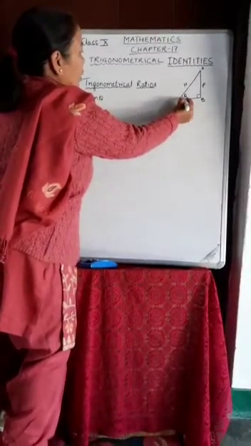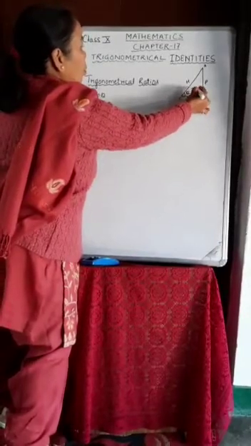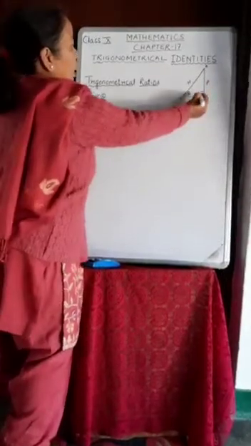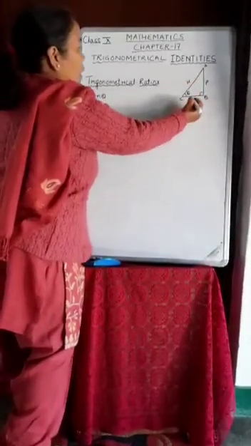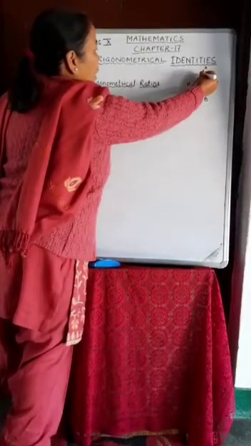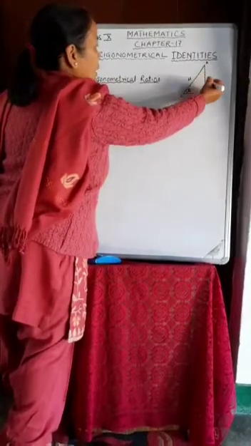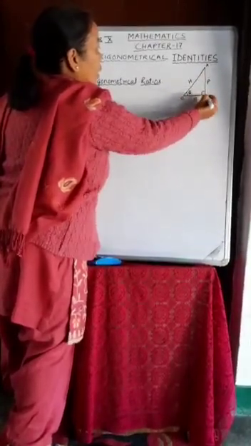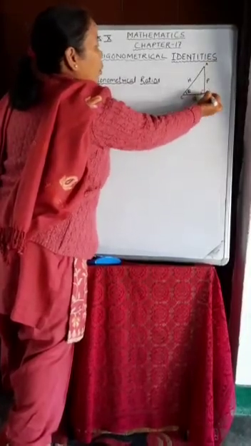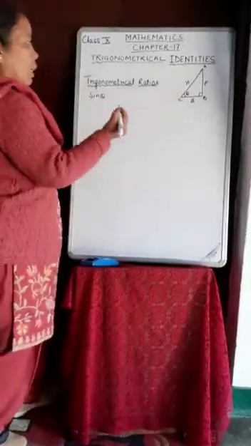The side which is containing the angle is called the base. The opposite side is called the perpendicular, and the side opposite to 90 degree is always the hypotenuse. Sometimes in the question, whatever angle you are taking, the side containing the angle is called the base. In that case, if you are taking angle BAC, then AB will become the base and BC will become the perpendicular. So take care of that.